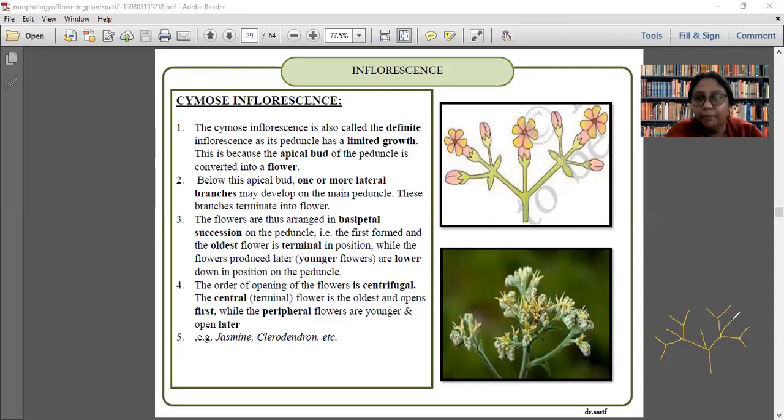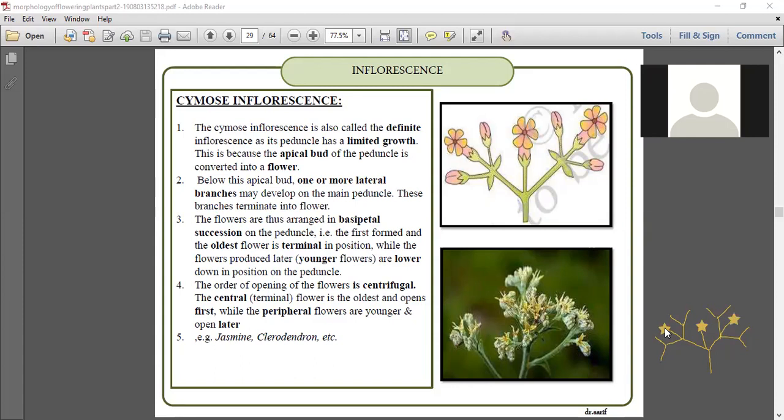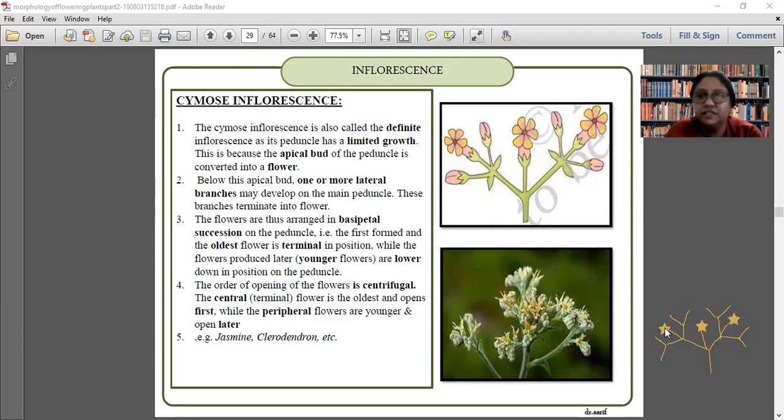In case of umbel or in case of corymb, you can have branching more than one time, more than two times. Isn't it? Yes or no? इसके केस में ये possible नहीं है. Why? Because in the third branching, it will not propagate, because in the third branching, it will have the flower. Understood? So number of branching at a time cannot be more than 2. That's why cymose inflorescence is called definite inflorescence with a limited growth due to presence of apical bud. Understood?